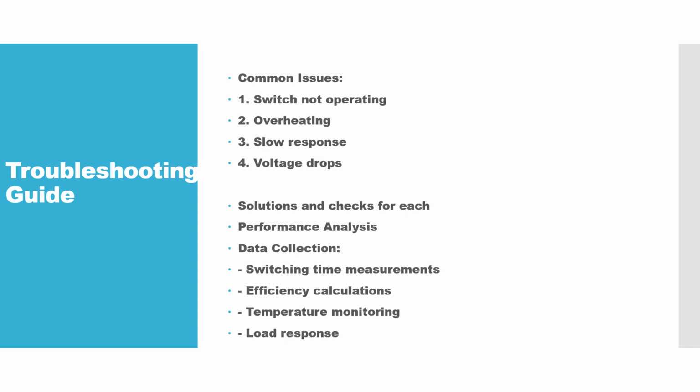Now, slow response. There are some instances where you expect a switching to occur at a particular time, especially in control systems that involve timing, and you now discover that because of a particular load, a timing that is supposed to occur maybe every 1 minute is not happening every 1 minute, but at 20 seconds, 10 seconds. So all these are common things that happen in electronic switching, as a result of calculation, as a result of